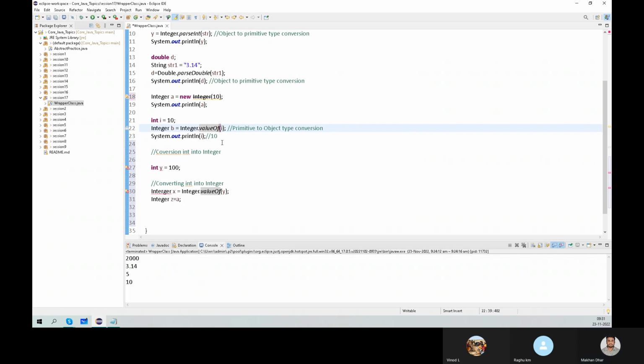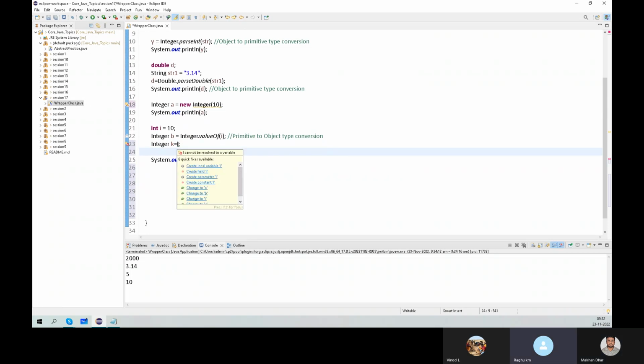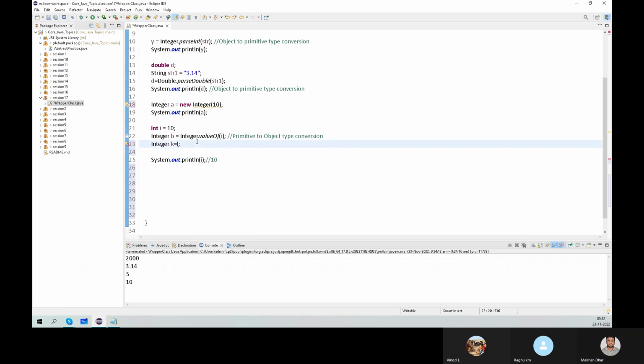For example, in this case, if I use something else, for example, Integer a equal to